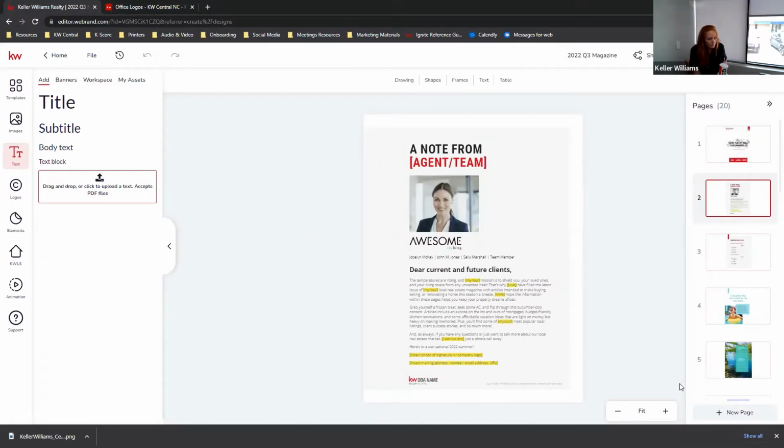All right, how are we doing? Ooh, look at you. You're moving right along with yours. Once everybody gets their cover, and feel free if you're still working on your cover, that's fine. Keep working on your cover. But on our demonstration one, we're going to go ahead and go to the next page in here. So this is just a ton of text editing. Now, you do not have to use this page. If you do want to use this page, they highlighted a bunch of text that you need to change out. Otherwise, you kind of look like a sociopath.